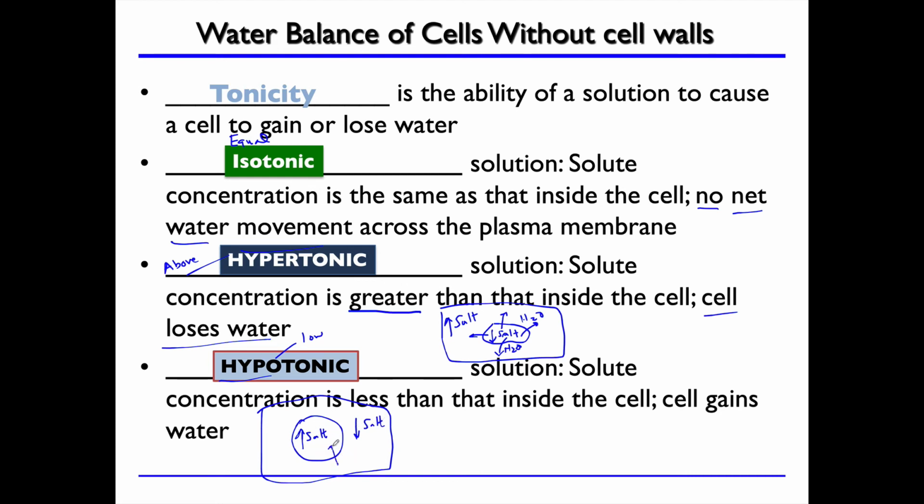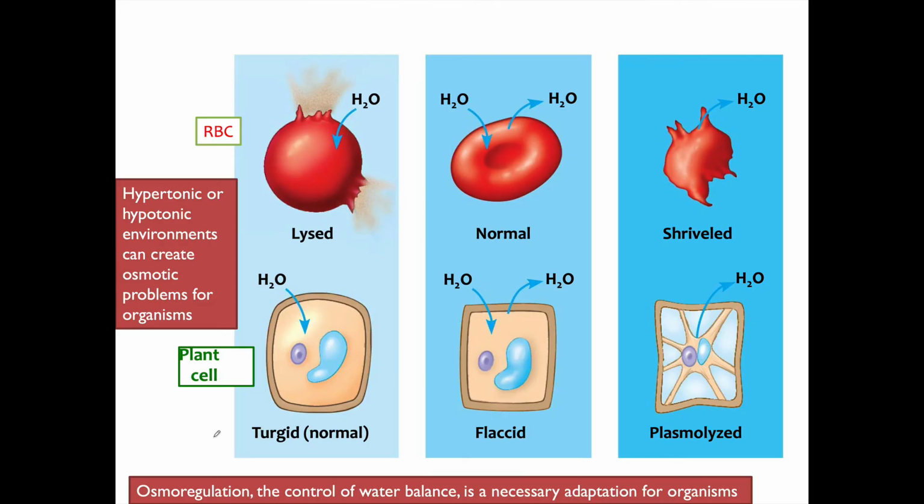Because this is a high salt concentration, water is going to leave that exterior area and start coming into the cell, making the cell gain water and swell in size. Now, let's look at the difference between an animal cell and a plant cell in various, we'll call them tonic solutions